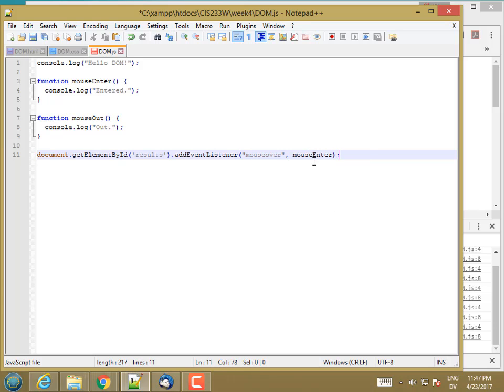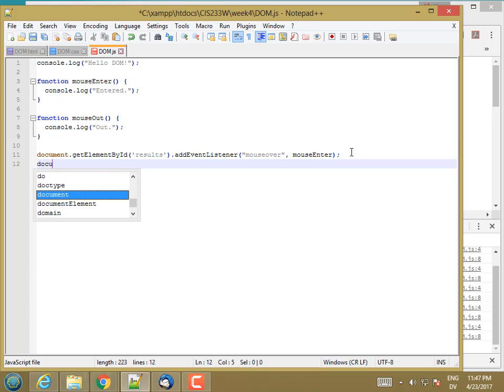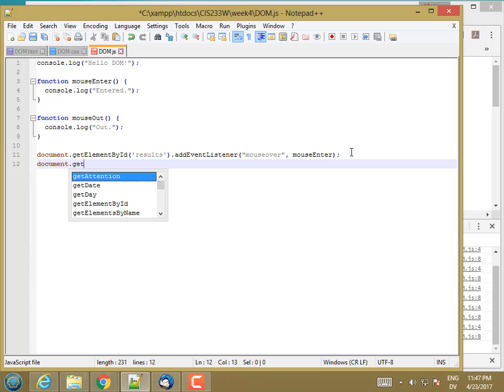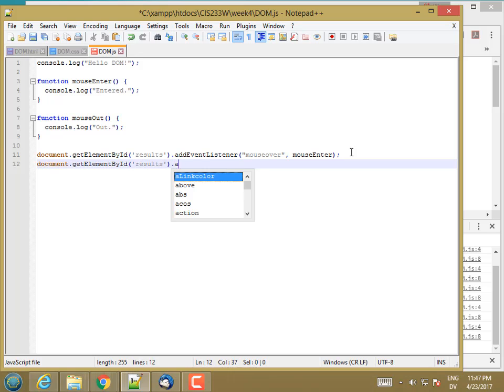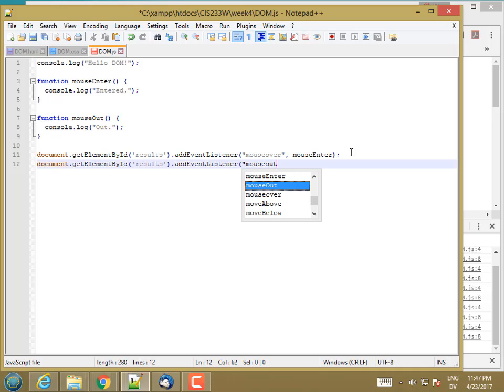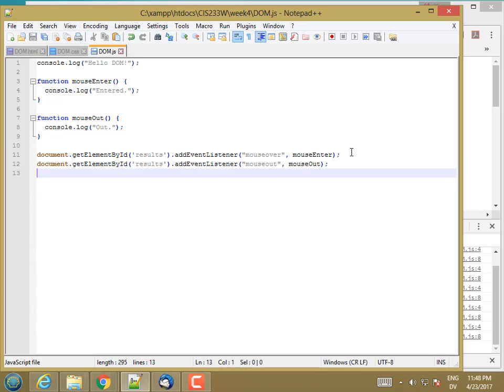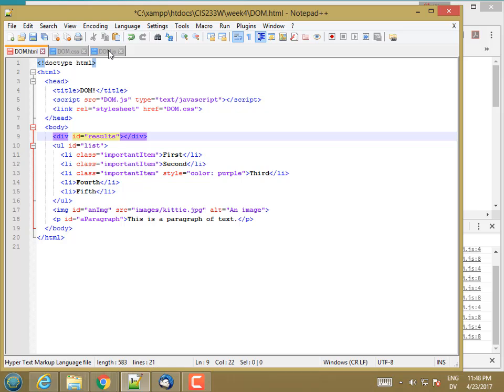Now I could put an anonymous function here as well if I wanted. Any function that can be passed in here is going to get called when this event occurs. And then for mouse out, here's my mouse out event, and it's going to call mouse out. So this attaches two event listeners to the same HTML tag, but there's a little problem here having to do